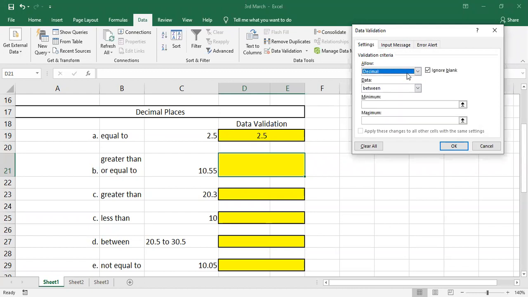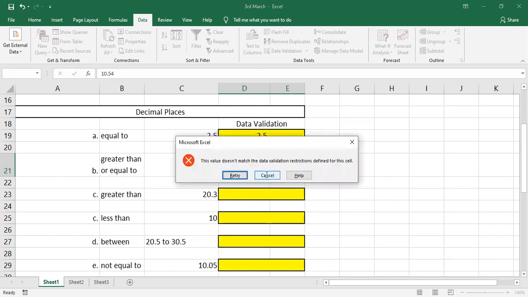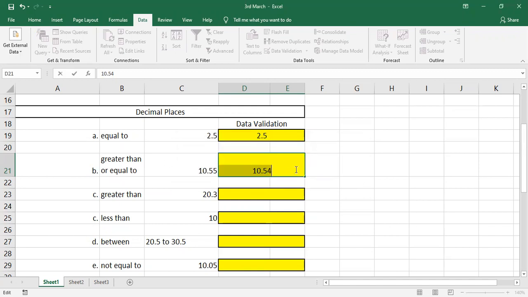In this, select decimal. It should be greater than or equal to, minimum is 10.55. If I give here 10.54, will it accept? It will not accept because I have given that it should accept a value greater than or equal to 10.55.